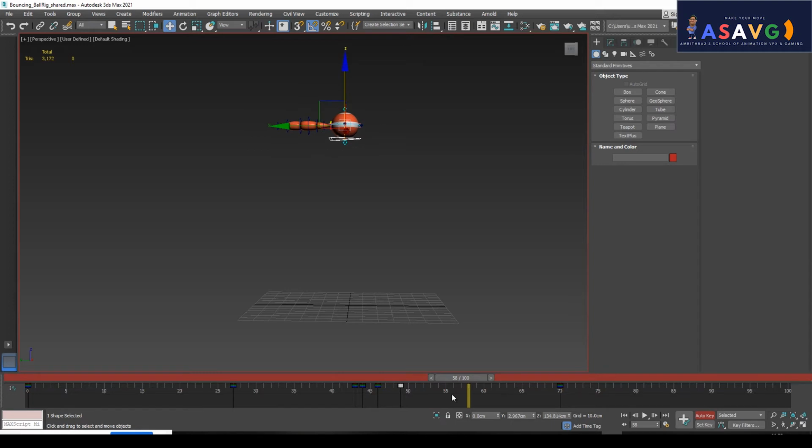I want a moving hold, so I just want to put it here a little bit more up. Now we will see, he is also coming a little bit down to up, so I will make it a little bit up, right? So yeah, it's down, so I'll make it a little bit up. Okay, now you can see there is a moving hold, but it's not working at all, so I will go to the graph editor to fix this.